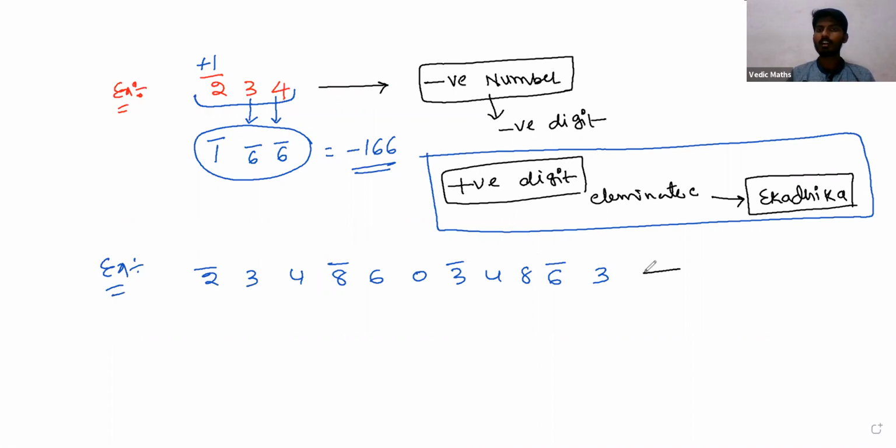For that, we have to check what the answer is. This number starts with a negative digit. That means the final answer will be the negative one. So the positive digit must be removed from the given question. So what is the positive digit? Let me select positive, negative as one group, positive, negative as one group, positive, negative as another group. We have to apply the formula on each group individually.